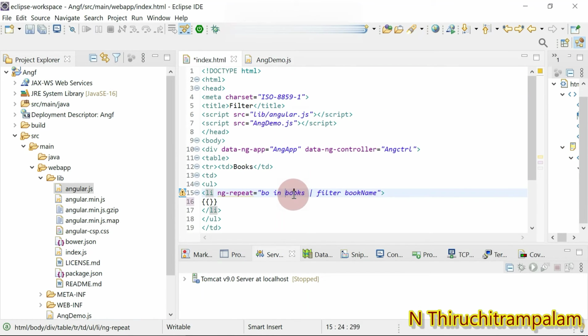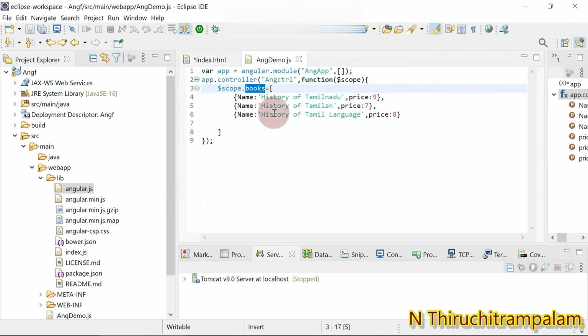And book represents each and every book. So book dot. Here you can see books has two key values, one is name and the other one is price, right? So I'm going to access that.